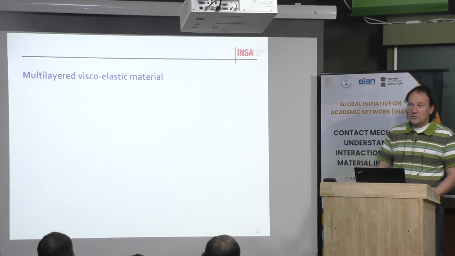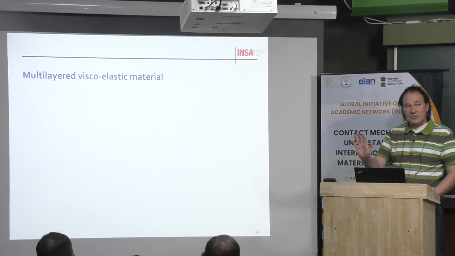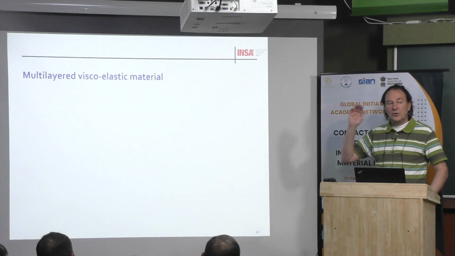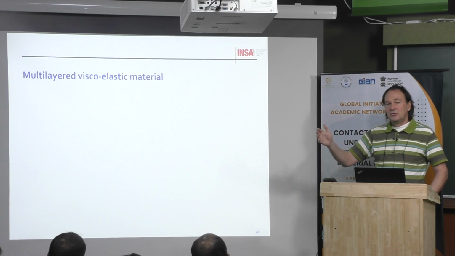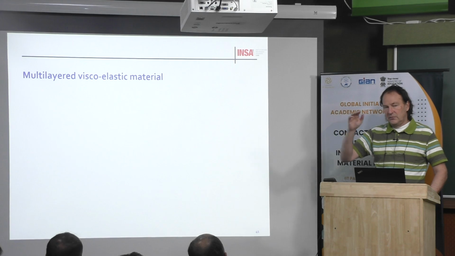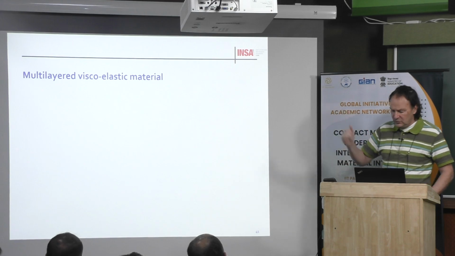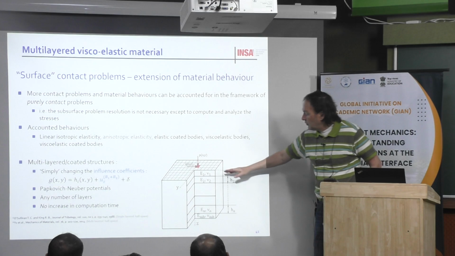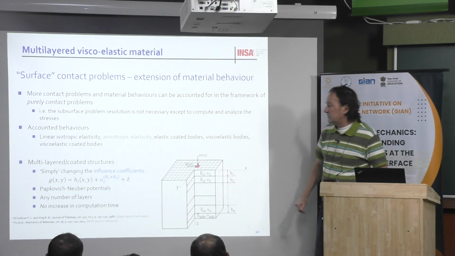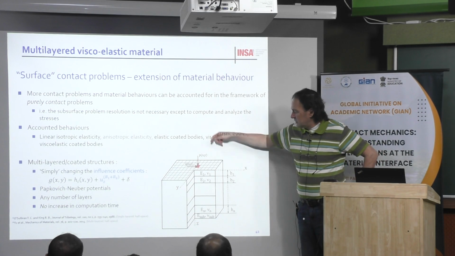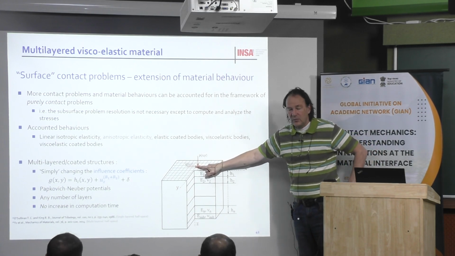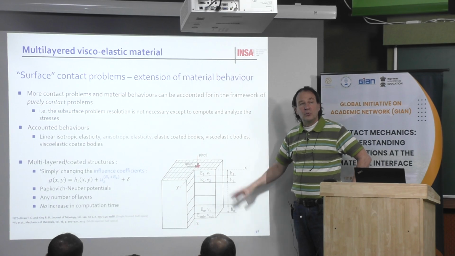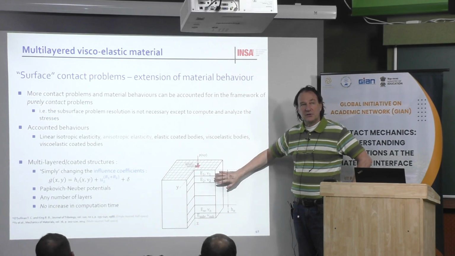The solution for a viscoelastic layer on a rigid surface was already known, and for a viscoelastic layer on an elastic substrate also was known, but not for a viscoelastic layer on a viscoelastic material. And after that, we extended that to any number of layers, for any thickness and any type of properties. I will show you that now. Then we have an infinite number of layers. There are no difficulties. What we consider, again, is a normal pressure and a shear stress, but what I will show you, I think there is no shear stress here.